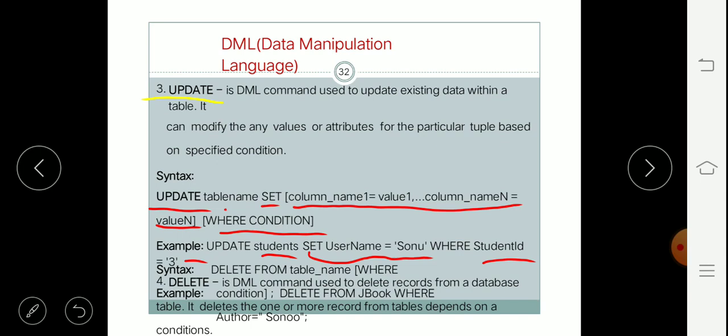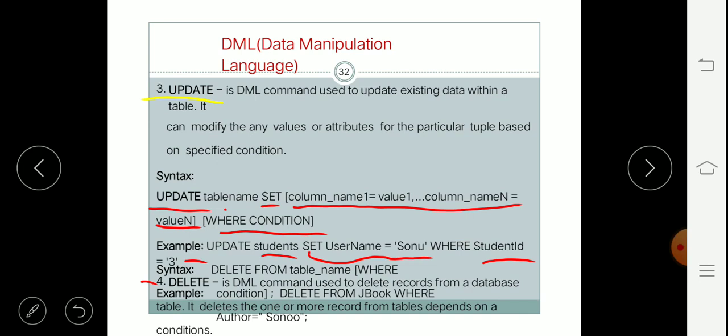This is very simple. Now the last DML operation is delete. The delete operation is basically used to delete records from a table in a selected database. If you want to delete a particular entry from the table, then we use the delete command.